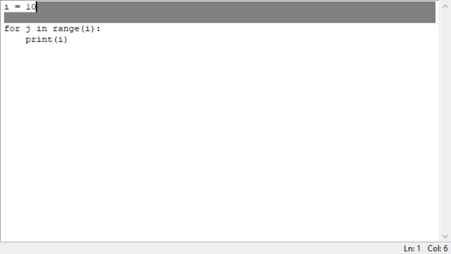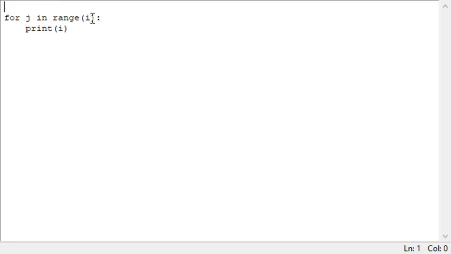You can also decide not to specify this and just pass in the 10 straight up. But at times, if you don't know how many times you want to loop, maybe it depends on an input, you might want to save that input as a variable so you can keep modifying it. So when you click on run module,